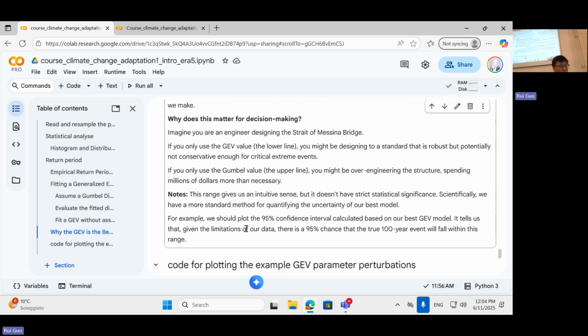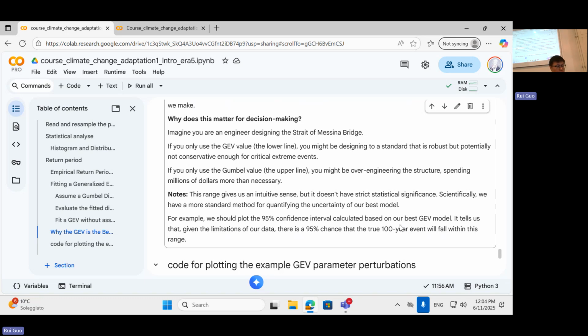For example, we can calculate the 95% confidence interval based on our GEV model when we are fitting it. We can do some bootstrapping, this kind of algorithm, and it will give us a range of the 95% confidence range